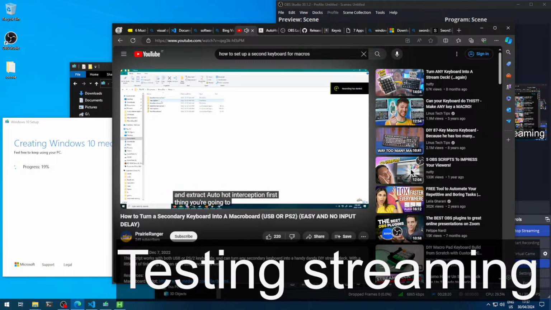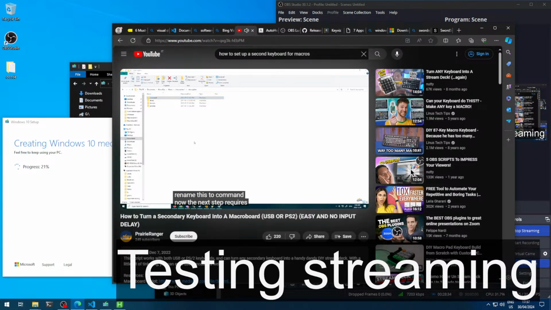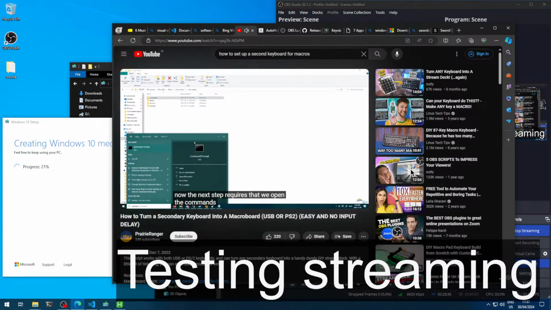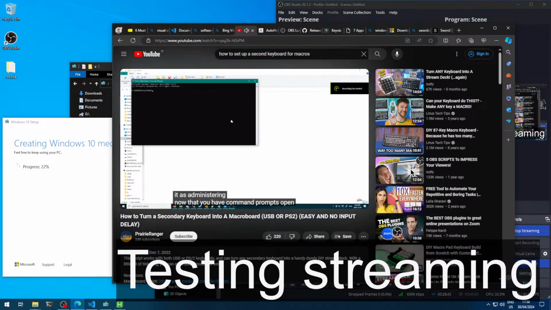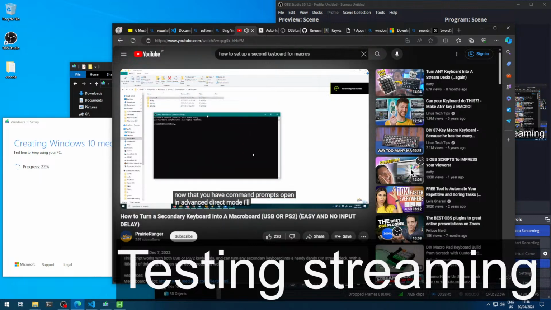First thing you're going to want to do is click Interception. We'll go into here, and you'll notice there's a folder called command line installer. Now what we're going to want to do is rename this to command. Now the next step requires that we open the command prompt, and we have to run it as administrator. Now that you have command prompt open in administrator mode, what we're going to want to do